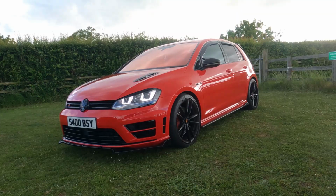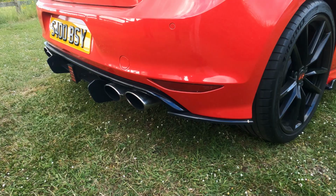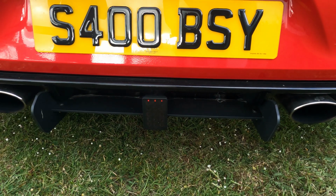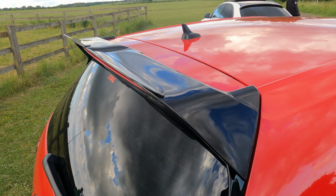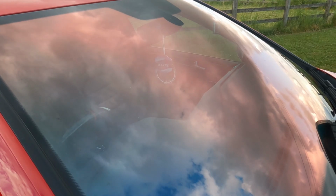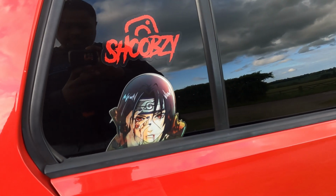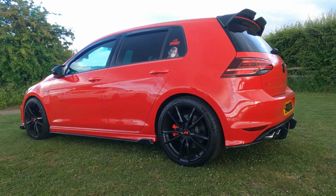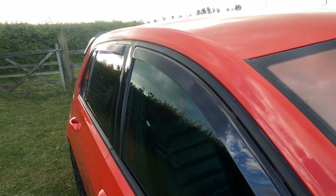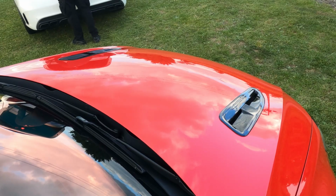So this car's got a custom splitter, side skirts, diffuser, rear spats, Mark 7.5 rear lights, F1 rain light, spoiler and spoiler extension, limo tints with a chameleon at the front, Itachi or Bitachi stickers for an extra 100 brake horsepower, catback straight pipe exhaust, de-chromed front grille, blacked out VW badges, Team Heko wind deflectors, M-style wing mirrors, Jaguar XFR